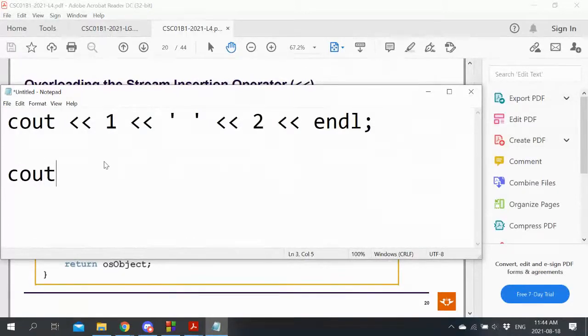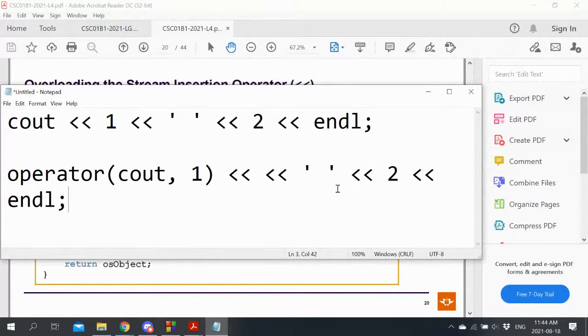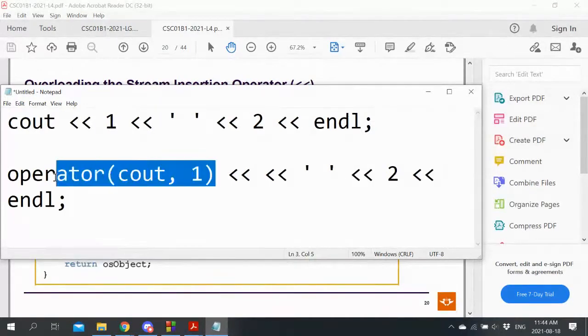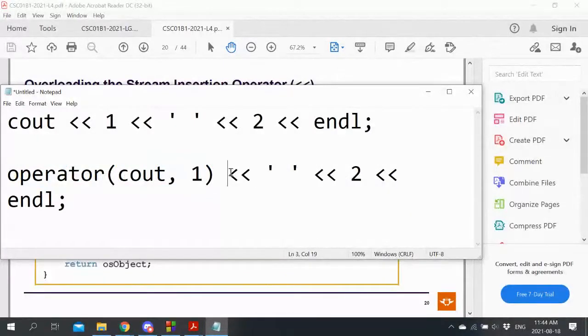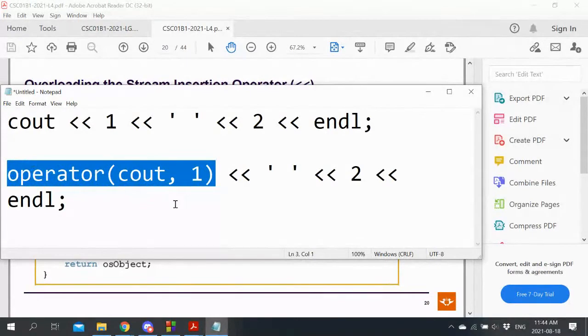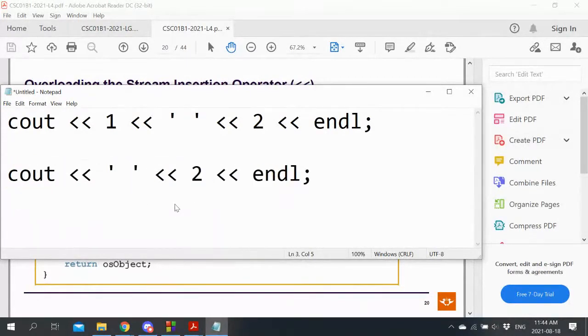So that will become cout.operator 1, or if we're going to pretend, let's go like this: cout blah. And then the rest of this still gets evaluated. And then something needs to be returned here. What needs to be returned is something that's still compatible with the stream operator and the rest of the sequence. So what gets returned is the stream itself. The output happens, and then cout gets returned.